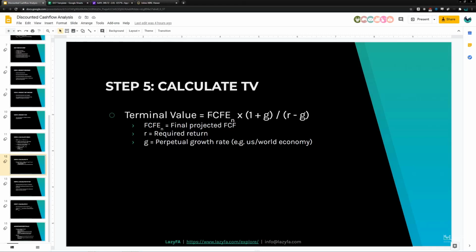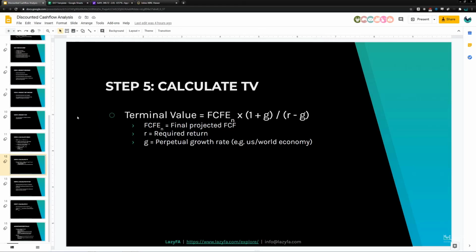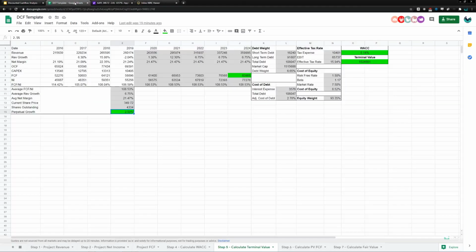So the formula is the free cash flow to equity of the last year times 1 plus the perpetual growth rate, so 1.025 in our situation here, and then we want to subtract the growth rate from the required rate of return. Scratch that. I should actually specify here, the terminal value is going to be,